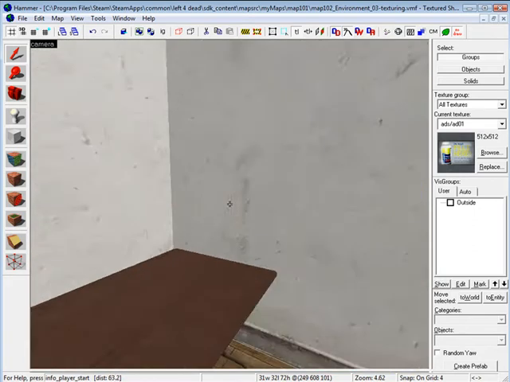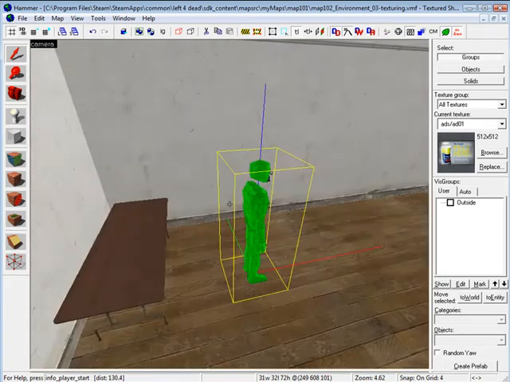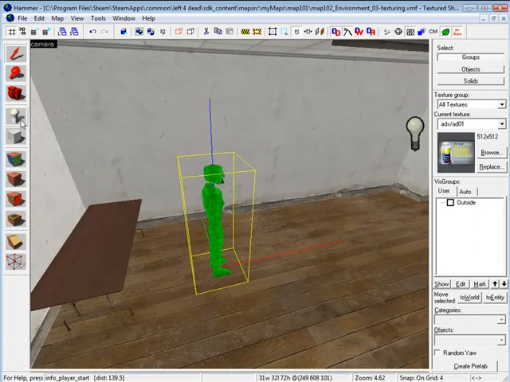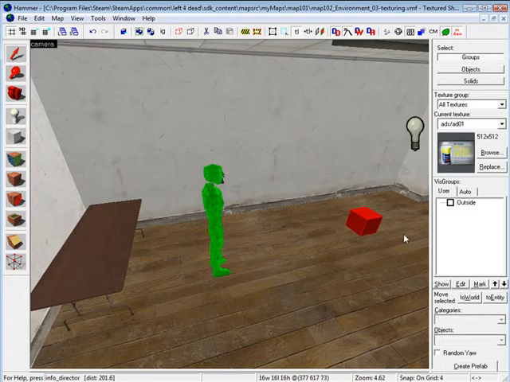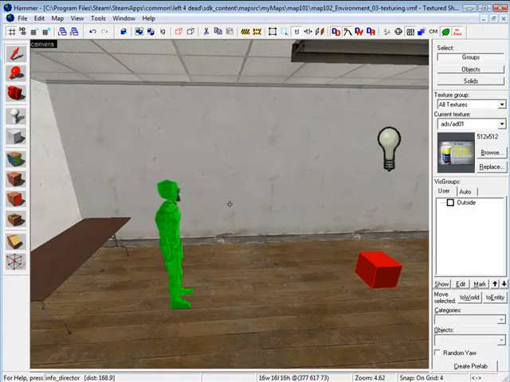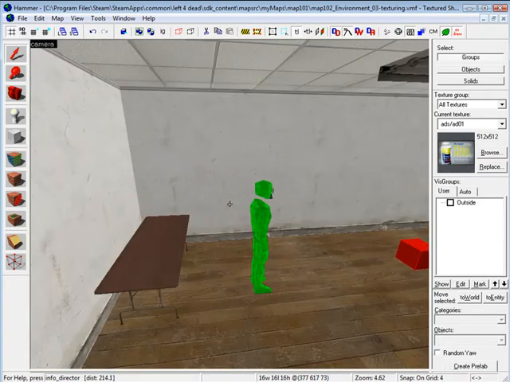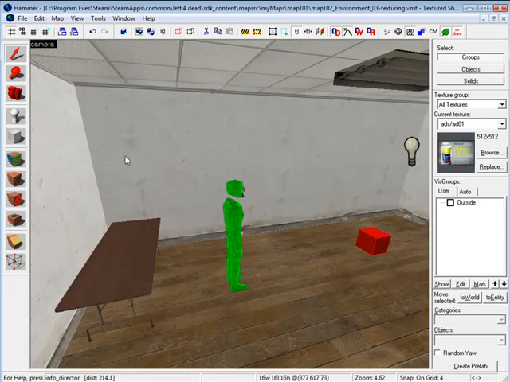So on this table I'm going to place some props, but before that let me also insert an info director, which is a crucial element in our map. It sets a lot of map properties, and it'll spawn infected. But we cannot spawn infected just yet unless you have navigational meshes built, which I will go into in another tutorial. Let's also insert